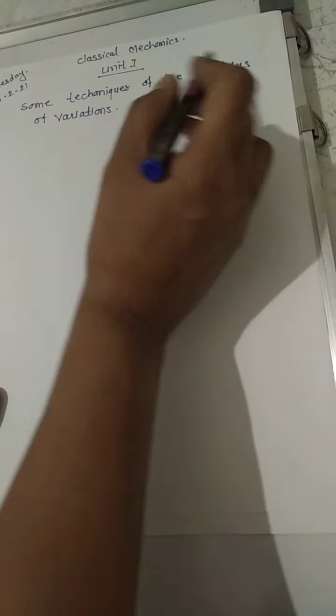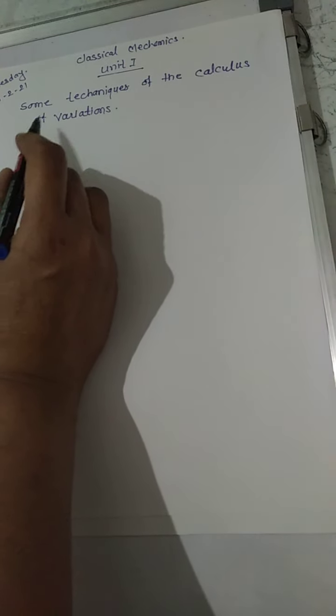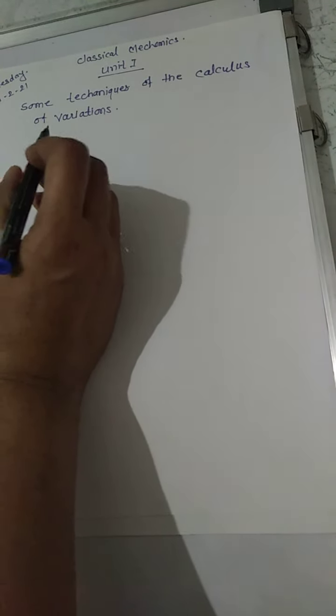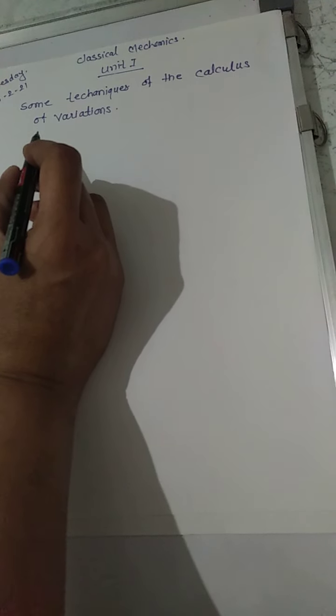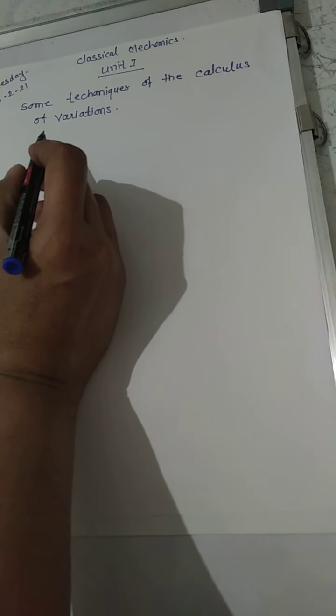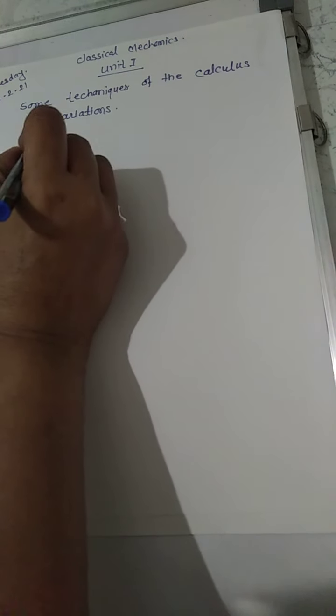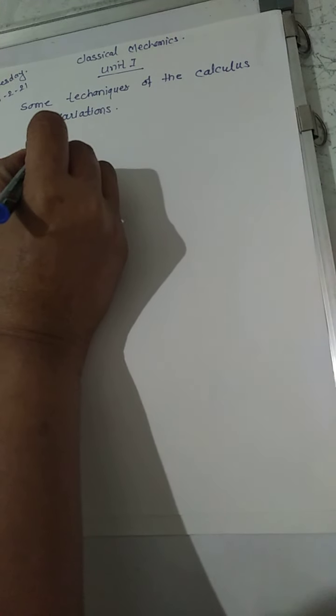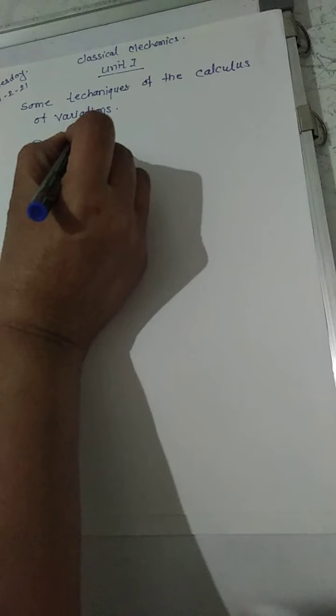Hello friend, today we are going to learn the classical mechanics unit, first, some techniques of calculus of variation. Before demonstrating that the Lagrange's equation follows from the equation delta I is equal to delta of